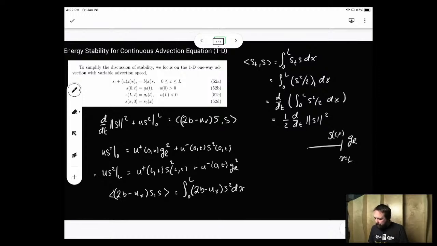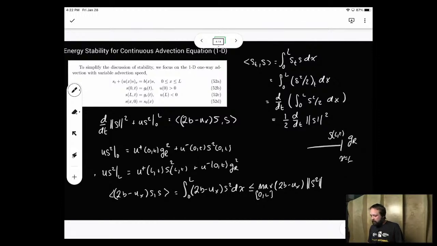The b function is something that's prescribed, as is the velocity field. So if I know those a priori, I can bound this by the max of 2b minus ux in that domain, from 0 to L. So whatever those functions are, take the maximum value in that region from 0 to L, and I can just multiply that by